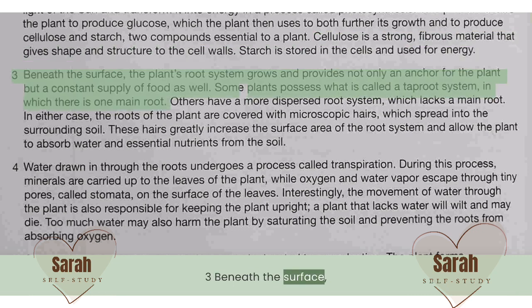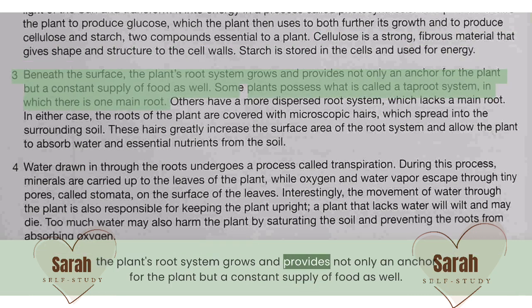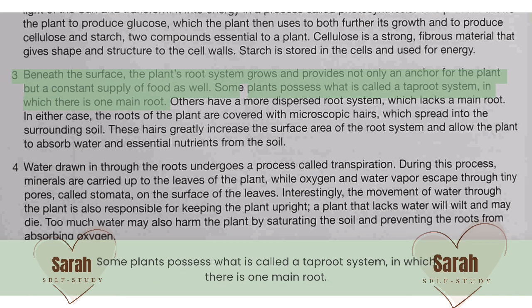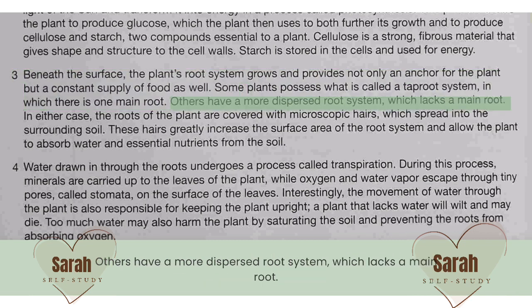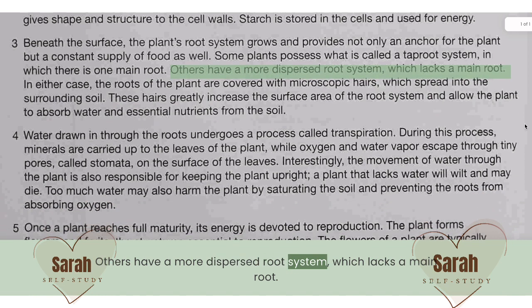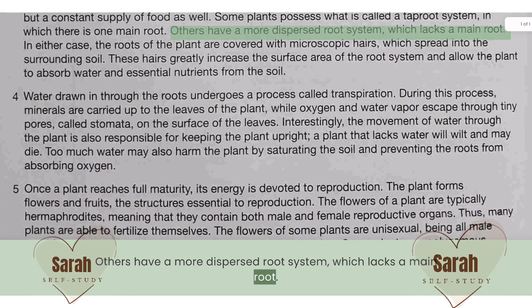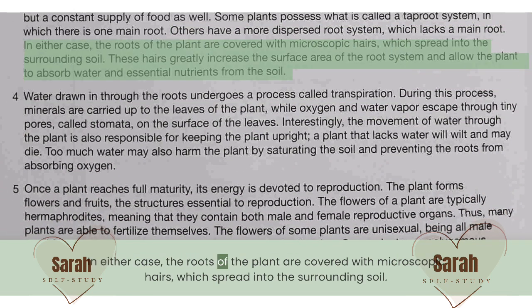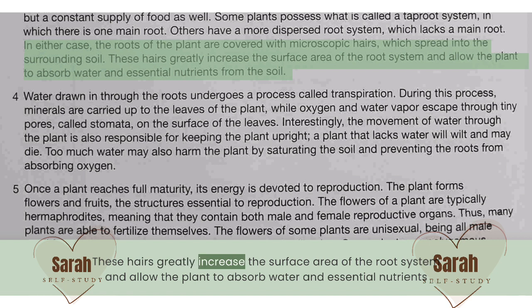3. Beneath the surface, the plant's root system grows and provides not only an anchor for the plant but a constant supply of food as well. Some plants possess what is called a taproot system, in which there is one main root. Others have a more dispersed root system, which lacks a main root. In either case, the roots of the plant are covered with microscopic hairs, which spread into the surrounding soil. These hairs greatly increase the surface area of the root system and allow the plant to absorb water and essential